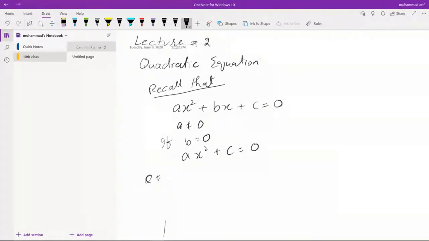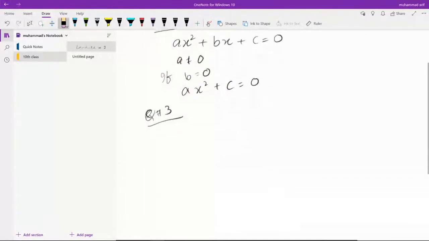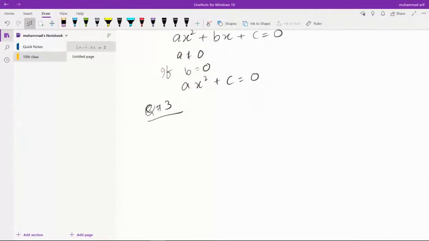Question number 3 is related to finding factors by the completing square method. It is a very important topic because sometimes in annual exams one part comes from this question. So please circle question number 3, very important, related to your final examination, board exams. One part comes from this question. Okay, I start my first part.